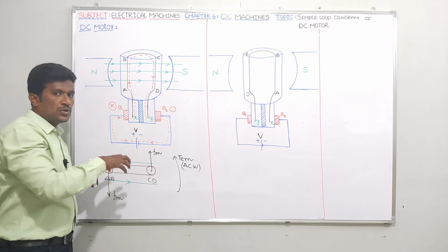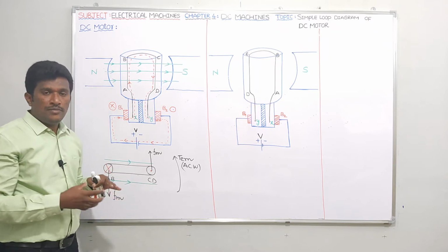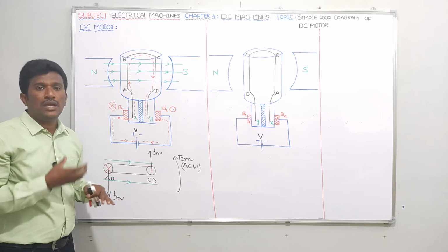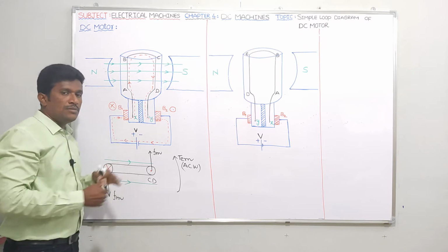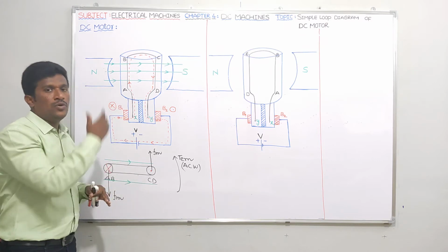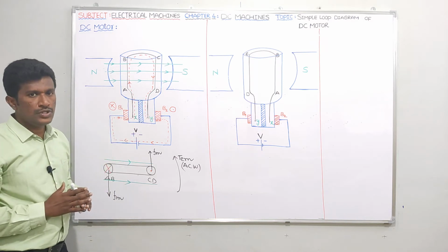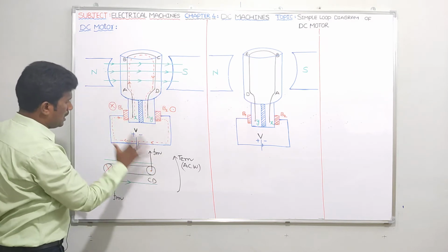In a DC motor also, generator action will come into picture. Because of generator action, back EMF will be produced. Whenever back EMF opposes supply voltage, in the meanwhile, electrical energy is converted into mechanical energy. Is it okay? Now, this is the case for this.